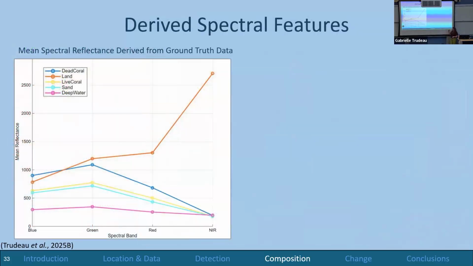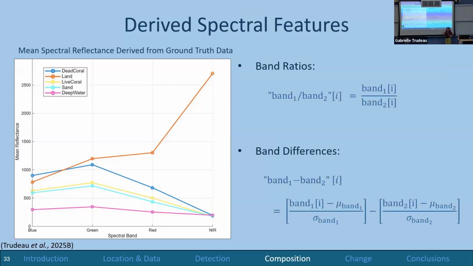Let's zoom in. So on the x-axis, I have my 4 spectral bands, and on my y-axis, I have the mean spectral reflectance. So essentially what I've done is I've created the ground truth data set, and I've averaged the spectral value associated with each of these classes. I should also say that each of the lines is a different benthic class. But when you look at this, you'll notice that the yellow and the turquoise are almost indistinguishable from each other. This is our sand and our live coral. So if in our ground truth data set, we can't tell the difference between 2 of our classes, it's going to be almost impossible for us to distinguish them from a super complex pixel that the model hasn't looked at yet. So we're combating this in 2 different ways.